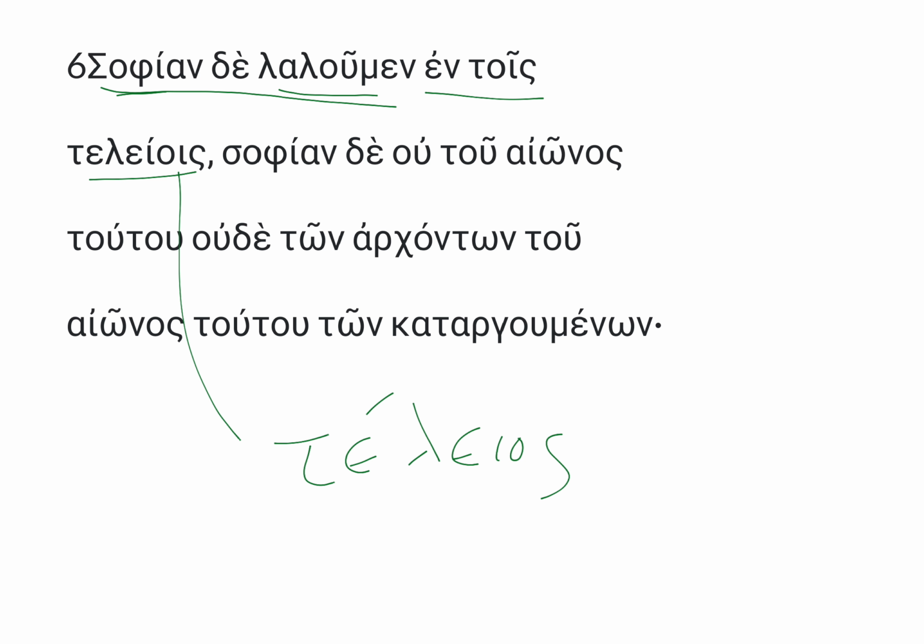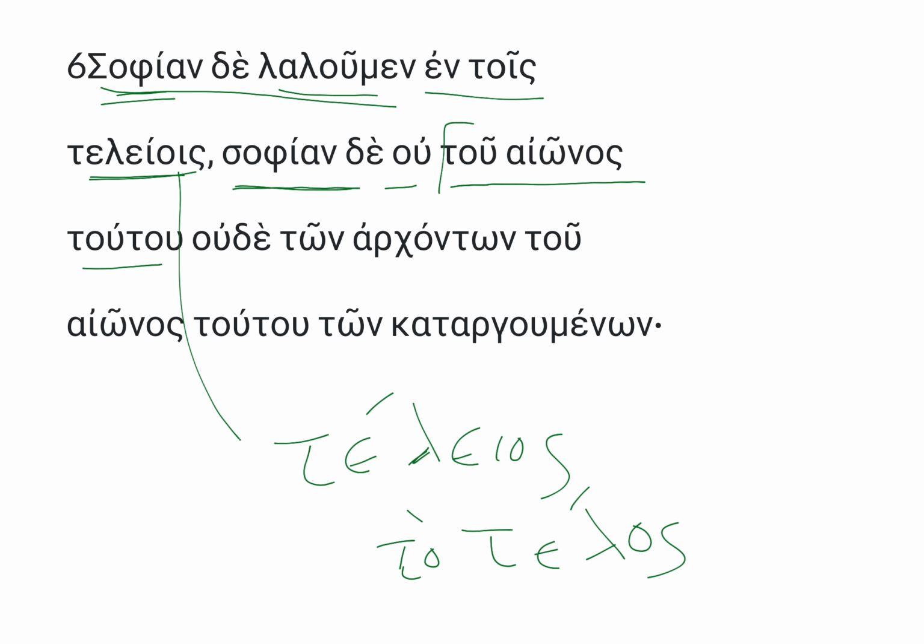But we speak, we discuss, we talk about wisdom among the mature. Teleiois is the adjective teleios, the noun form of which is to telos, the end or the completed part. So among those who are mature, they're finished. That doesn't mean they have no more sanctification, but they have grown up more in the faith. We speak a wisdom. Sophian de, but it is a wisdom, not tou aionos toutou, not one that belongs to